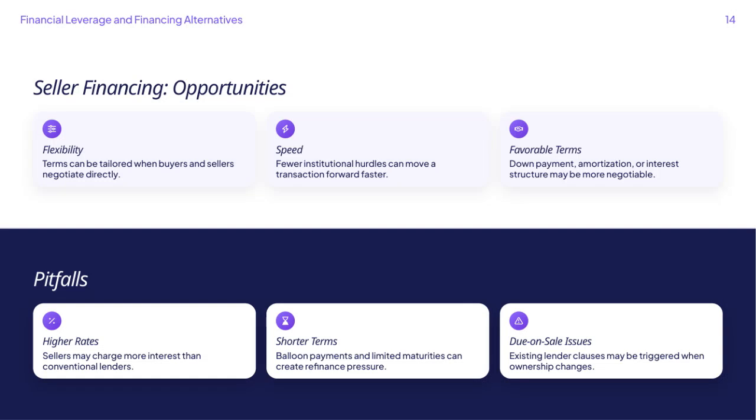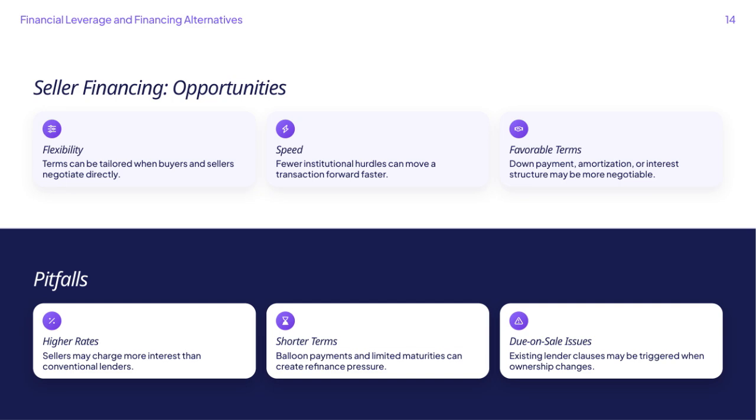When we look at seller financing, it presents some real opportunities. One key advantage is flexibility. The terms can be tailored directly between buyer and seller, allowing for a custom fit that meets both parties' needs. This direct negotiation also speeds up the process, since fewer institutional hurdles mean transactions can move forward more quickly. Additionally, things like down payment amounts, amortization schedules, or interest structures often have more room for negotiation compared to traditional